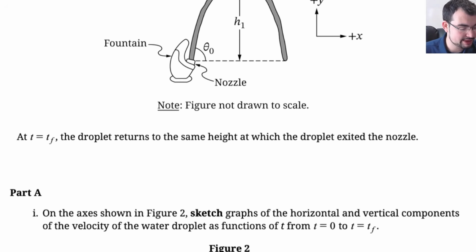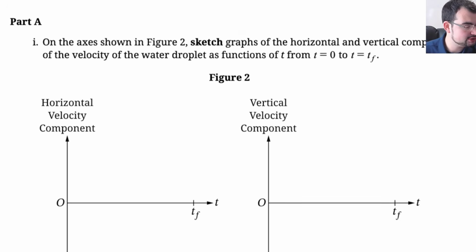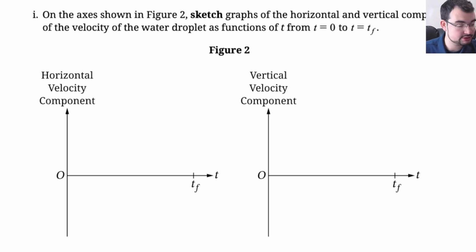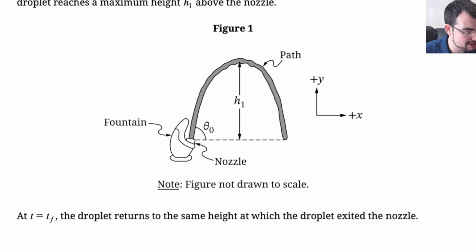We're given its max height. First, we want to sketch the horizontal and vertical components. Again, I'm going to solve these out and give my best guess as to where the points are distributed. So, horizontal velocity component, well, we can think about this with a dot diagram. So maybe I'll take a couple dots here. We know that vertically,